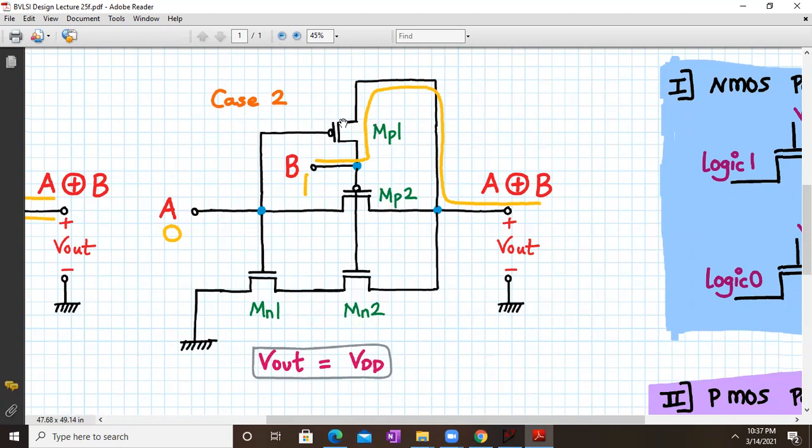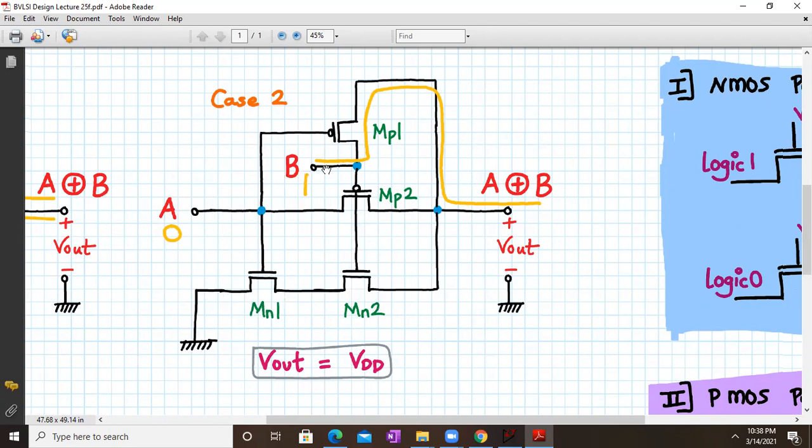Similarly, if B is logic 1, MP2 is off, but MN2 is on. Even if MN2 is on, since MN1 and MN2 are connected in series, and since MN1 is off, this network is almost redundant. So in this case, only MP1 being on is the most relevant part.